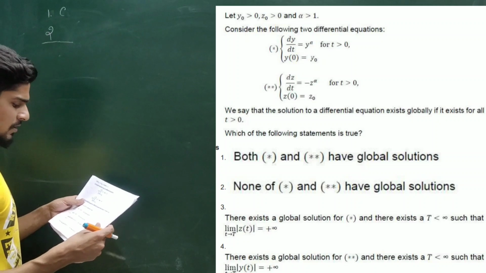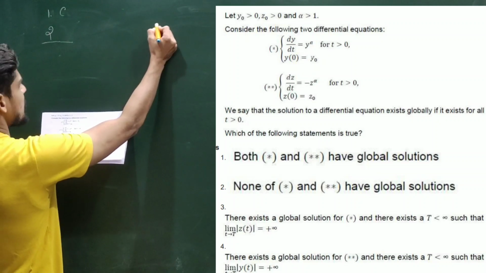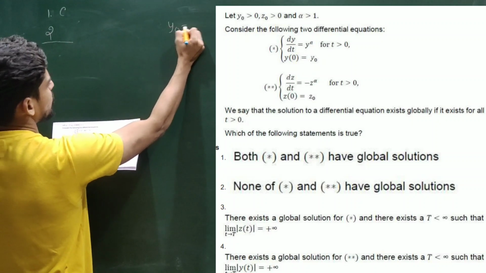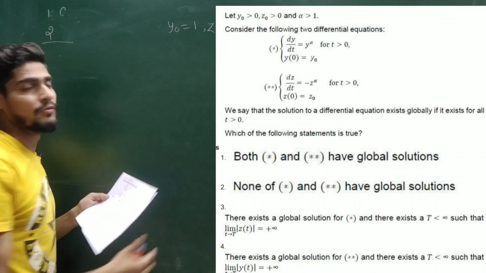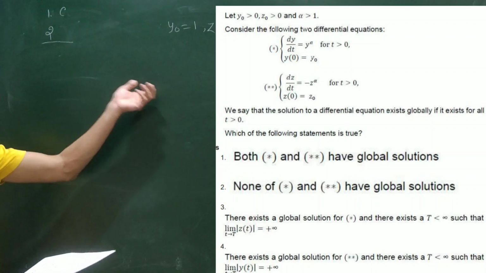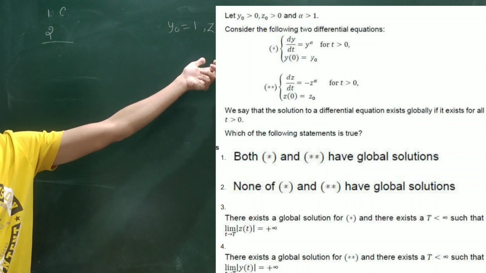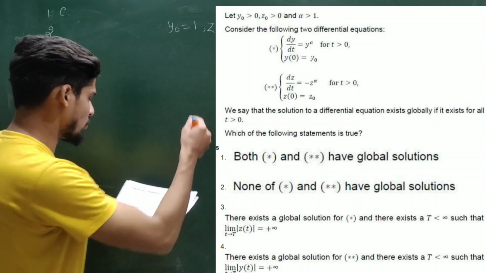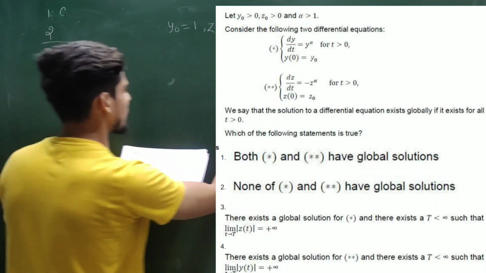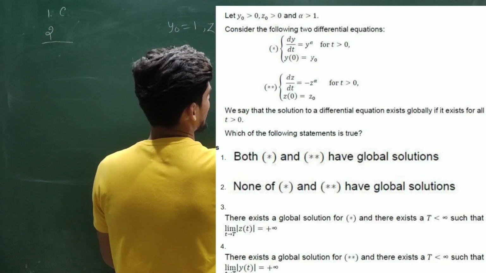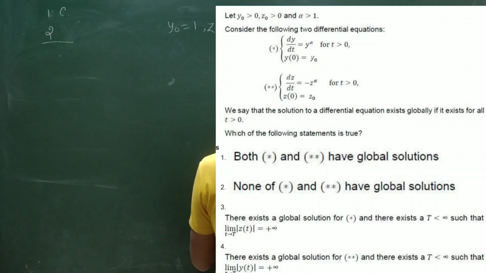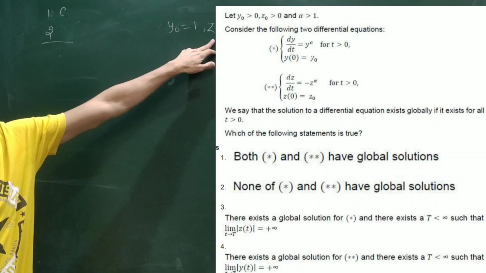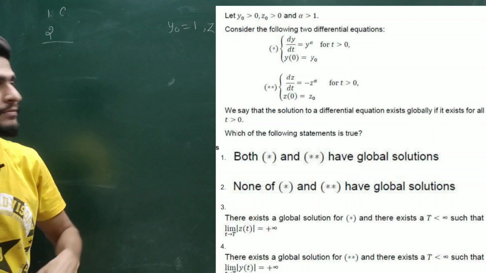Okay, for your convenience let me set this. I am setting y0 to be 1, z0 to be 1 and alpha to be 2. This is just for your convenience because if you work with alpha, you may get confused in the calculation part. So this is only for you. Now let me first come to the equation dz by dt is equal to z power 2, z at 0 taking value z0, but z0 I have assumed to be 1. This is just for convenience.